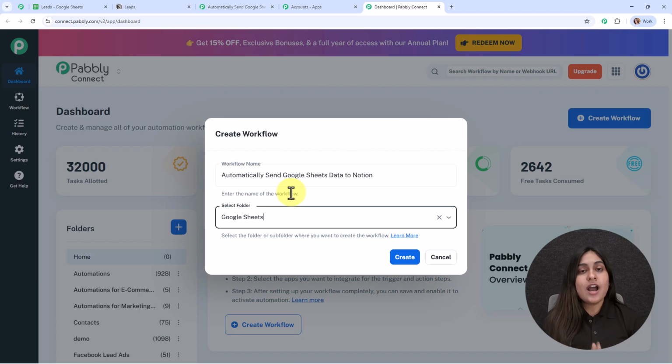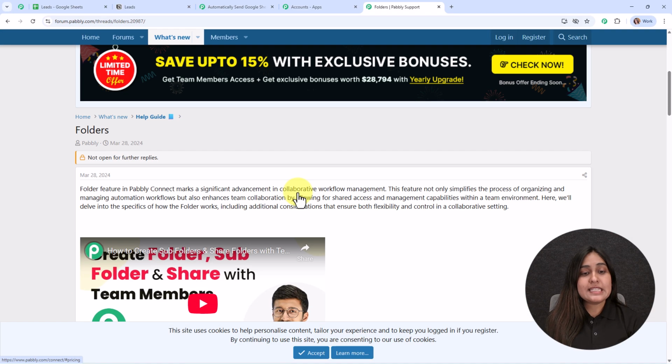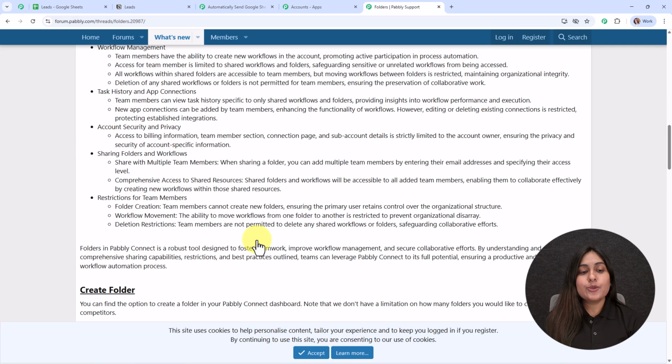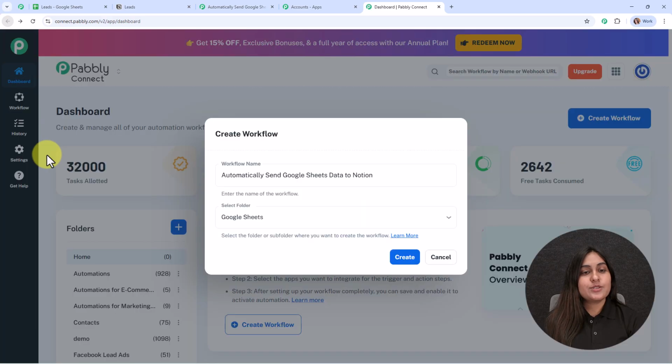And now here, to learn how to create a new folder inside Pabbly Connect, you need to click on this learn more hyperlink given over here, and it will take you to a forum window where you can see all the instructions on how to create a new folder inside Pabbly Connect. Alright, let's move back to the dashboard,